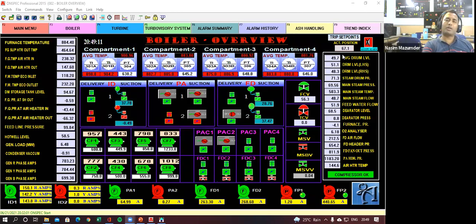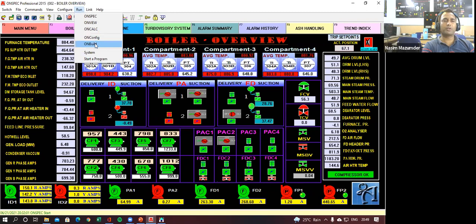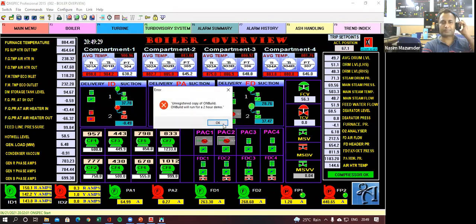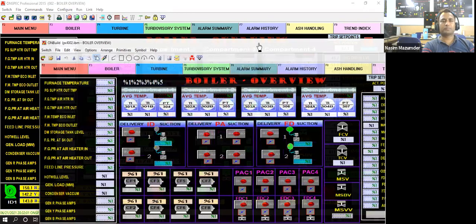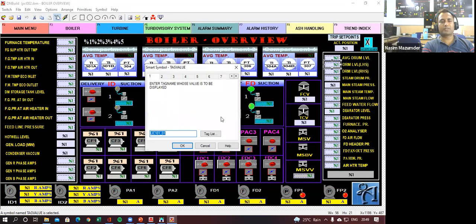See, you want this particular parameter, which is not working, is it not? So you have to find the tag of this particular parameter. To find this tag, what do I have to do? I have to go to the on-build and check this particular parameter tag. So it is LIC101 underscore 01. Now can you tell me in which module it is?